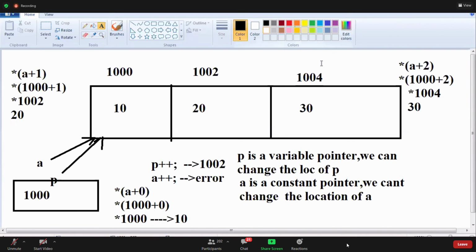Abdul, from 1000 onwards, you have to move 2 times, no? 1000 plus 2, P plus 2. We can refer to address plus number. What is the address plus number concept? Increment operations on pointers. Once you go through the topic, you can understand, Abdul. Okay, no? Yeah, guys, complete this diagram.